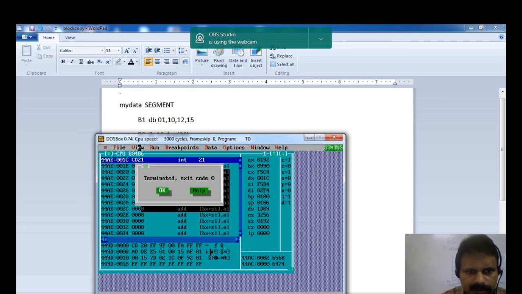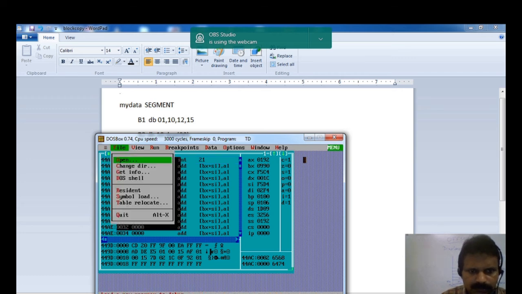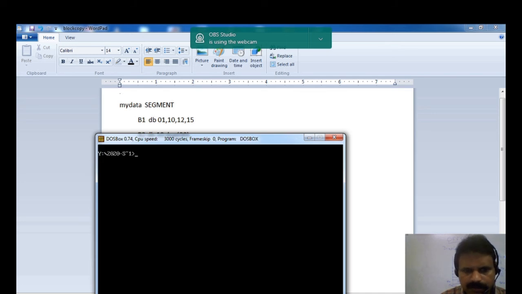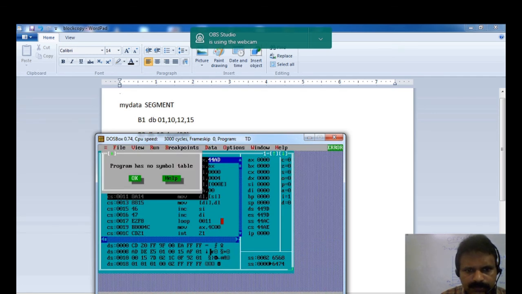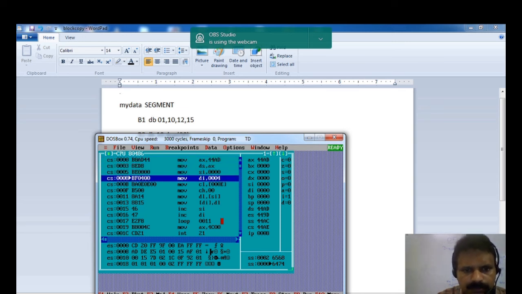Let us check the dump. Sorry, the execution is over. Let us execute it once again. Okay, it is copying the data.